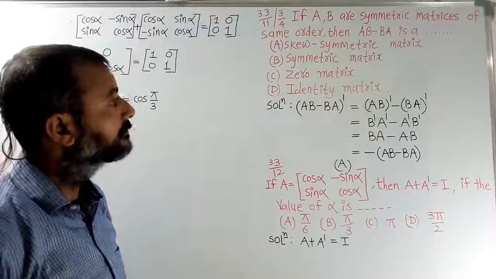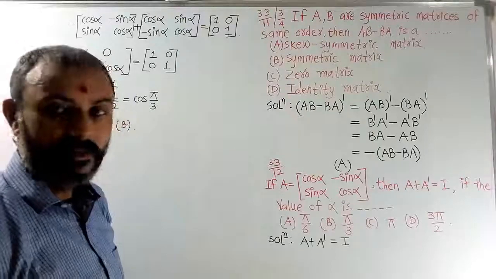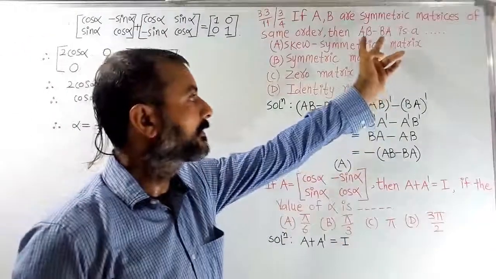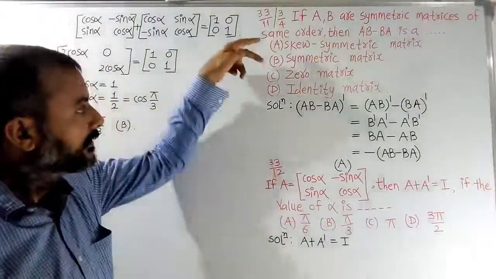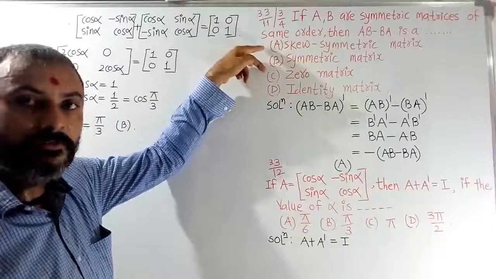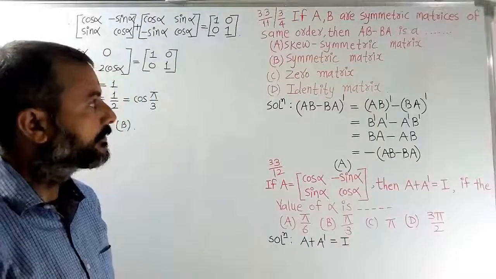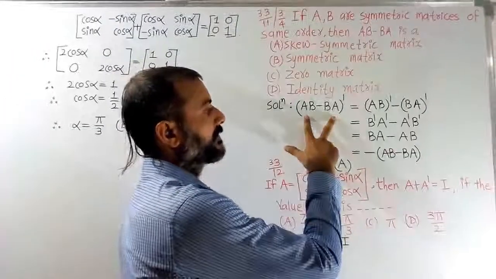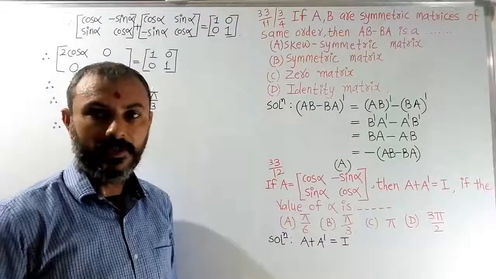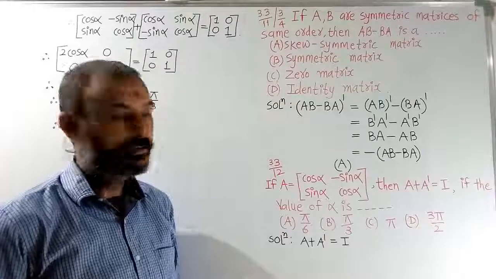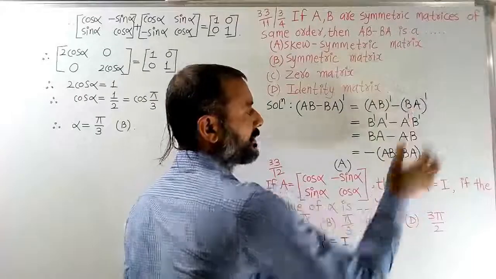So first of all, for the verification, let's find the transpose of AB minus BA, because if it is one of these two, it will be solved. Okay, so let's take the transpose of AB minus BA. And we know the property of transpose of addition and subtraction: transpose is applied separately. So we apply separate transpose, AB transpose minus BA transpose.